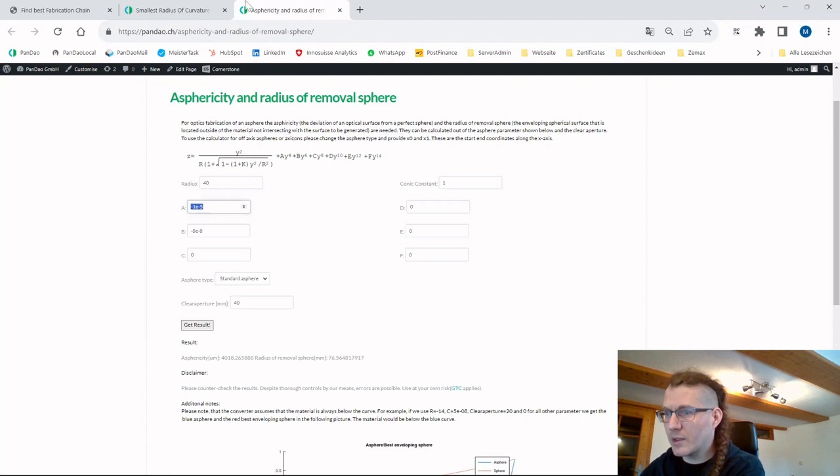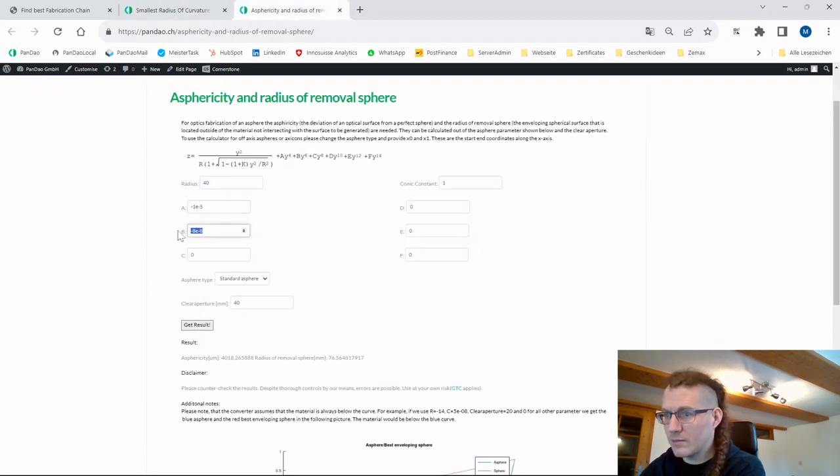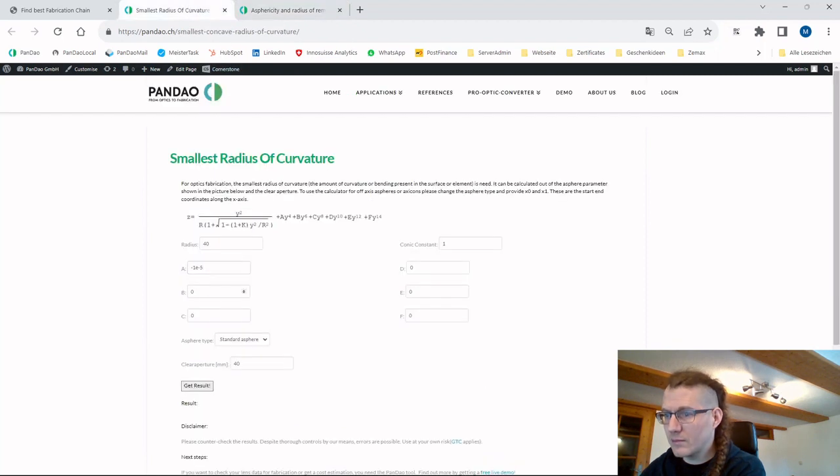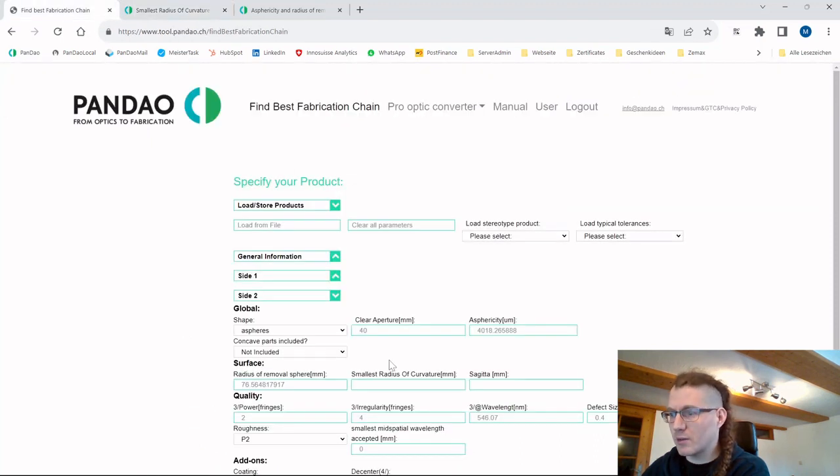I will copy them. And now we have to find the asphericity and the radius of removal sphere, and then get the result. So what's the asphericity and radius of removal sphere? We have the smallest radius of curvature is 40. So if you have concave parts included, we have this Asphere here, and now we want to try to fit the sphere as close as possible to